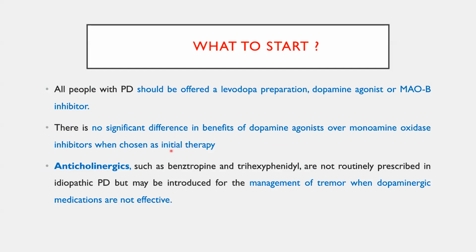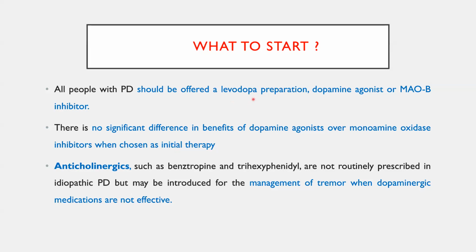All the patients who have PD should be offered a levodopa preparation because it also helps you in diagnosis, in the diagnostic criteria. Also, if you have any doubt of Parkinson's disease, you can do a baseline UPDRS scoring, give levodopa 125 or 250 mg, and assess the UPDRS scoring after 30 minutes. If the patient improves more than 30% of the baseline score, this will help you to diagnose the condition also. So in all Parkinson's disease, give a trial of levodopa preparation.